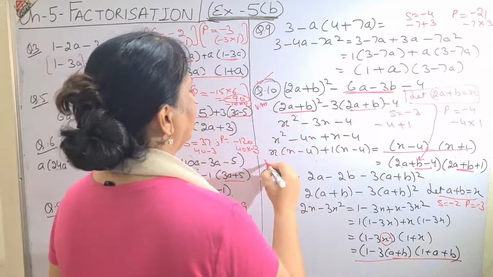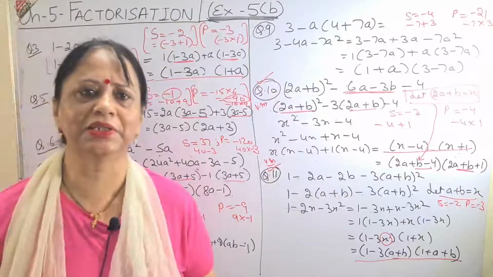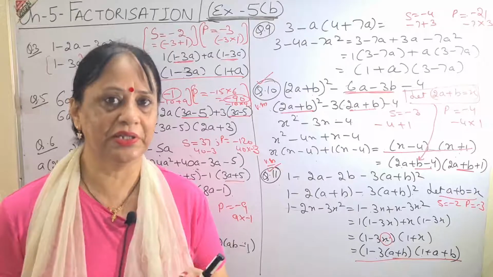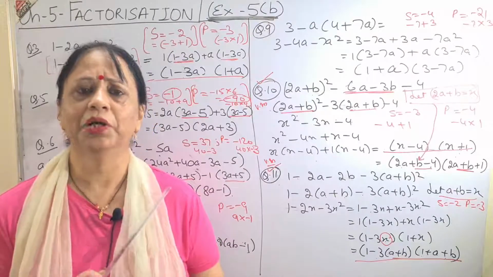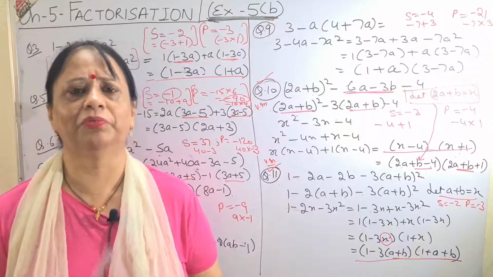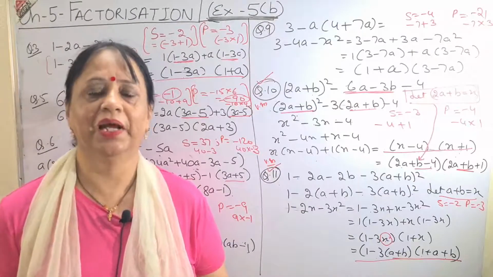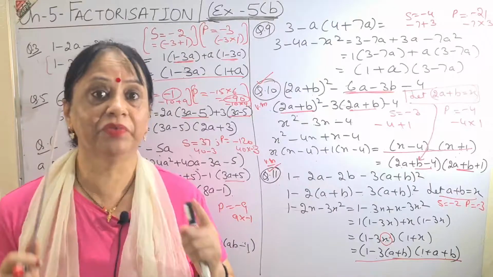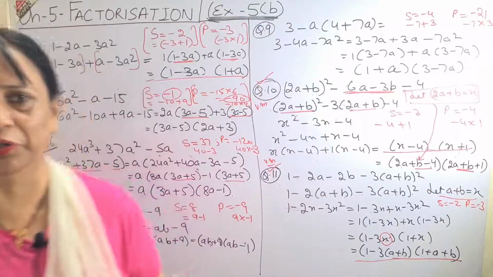Now children, there is no formula. That means practice. Practice these sums at least 3 times. First time you will see, then do. Second time you will not see, then do. And third time you will not even see; it should just come in your mind: oh, this sum has to be done like this. This needs practice. You do 1 practice, you do 2 practice, but with full concentration. Then only these sums will be easy for you.